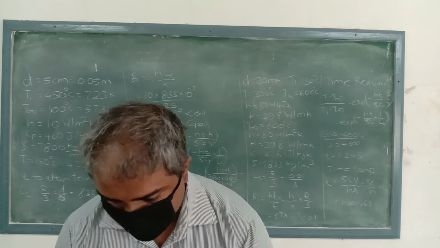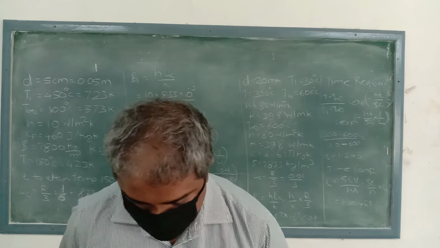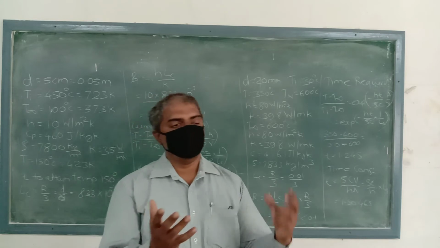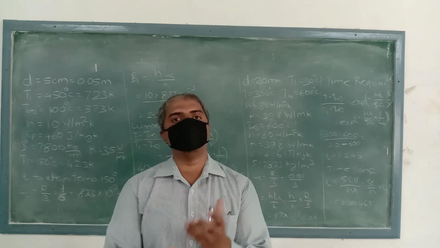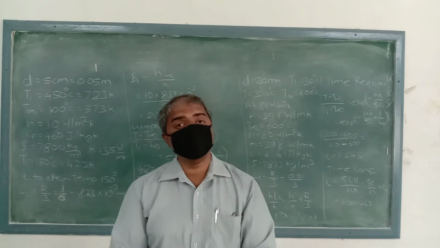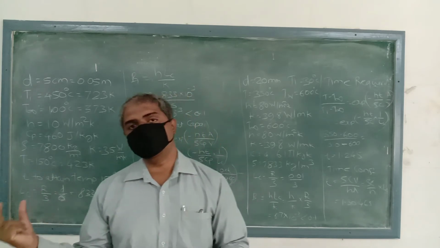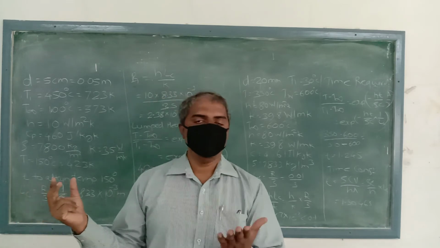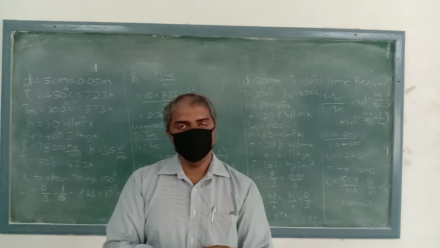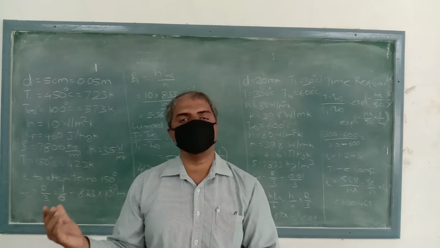They are asking the time required to go from 30°C to 350°C when it is dipped in the 600°C hot fluid. So once again, I am repeating: you are taking a 30°C ball and dipping it in the 600°C fluid, and they are asking how much time is required to achieve the temperature from 30°C